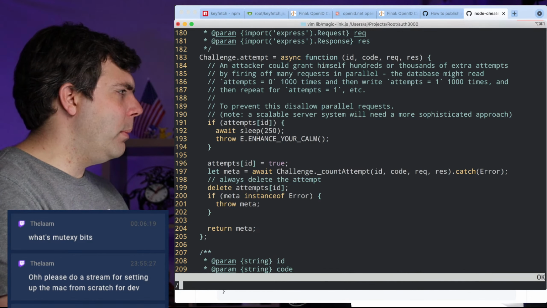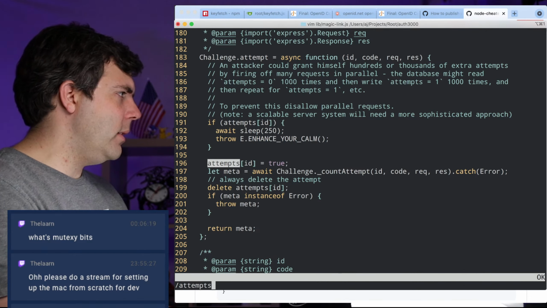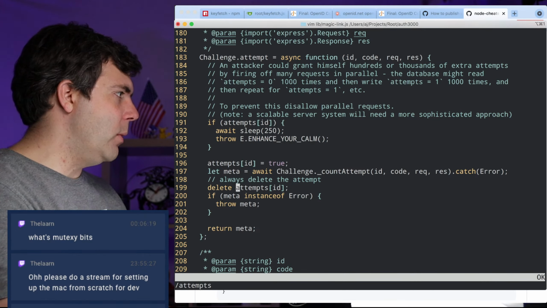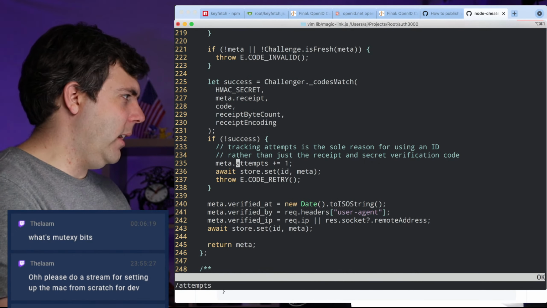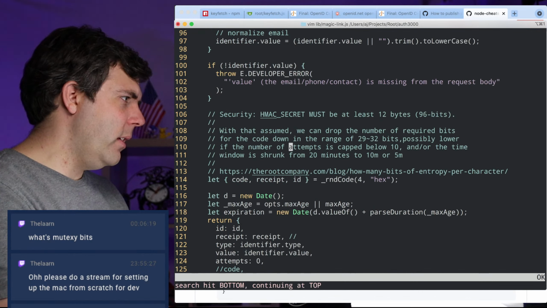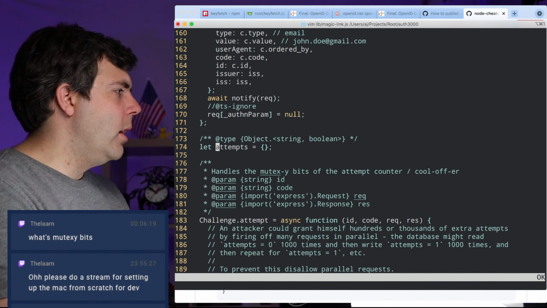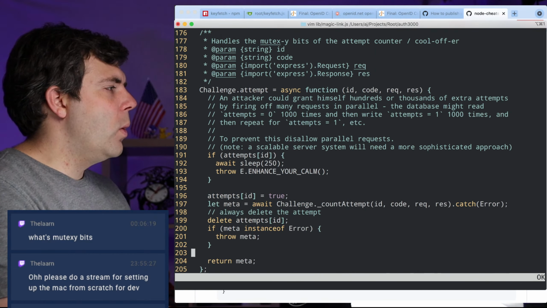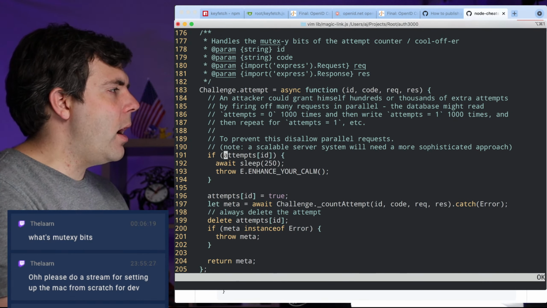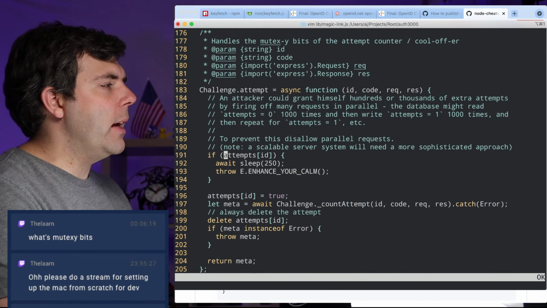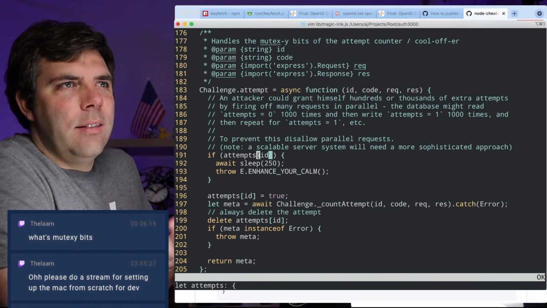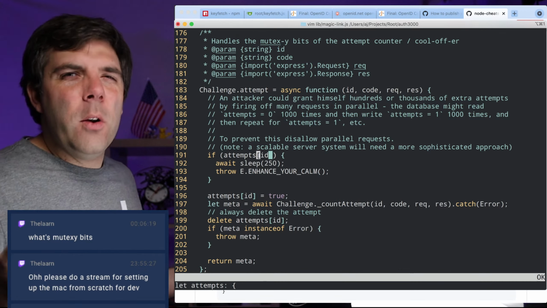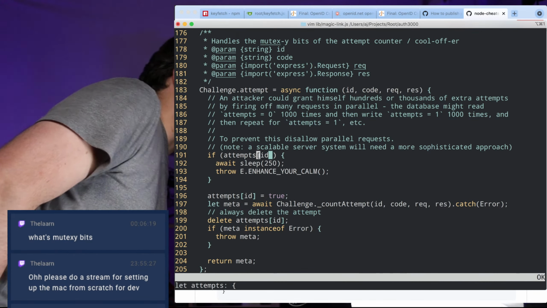And I think that's the only place that I use it, but this is what I consider to be a mutexy bit, because it behaves in similar fashion to a mutex, but in JavaScript, you're just worried about asynchronous code. You're not actually worried about real mutexes. But it's spiritually similar to the way that a mutex behaves.